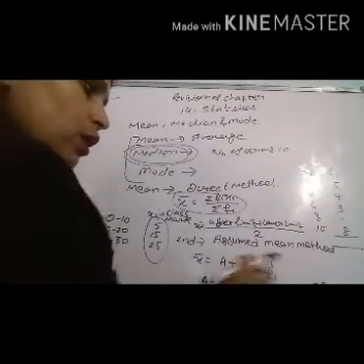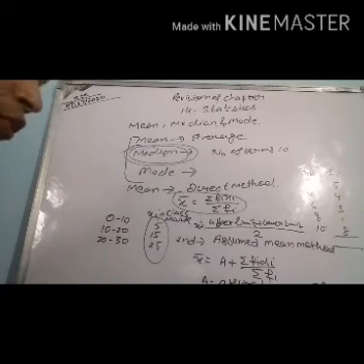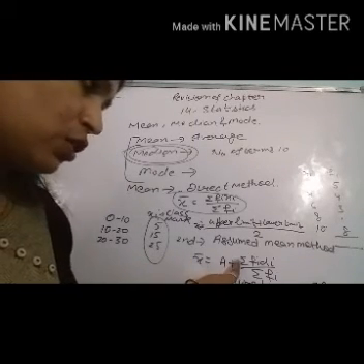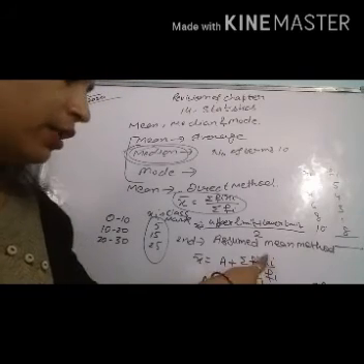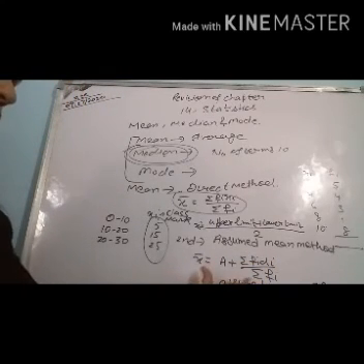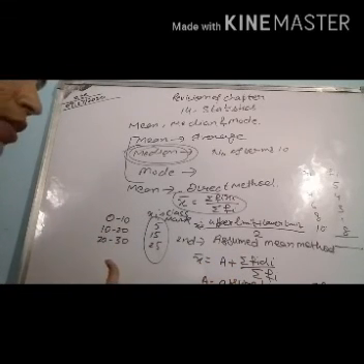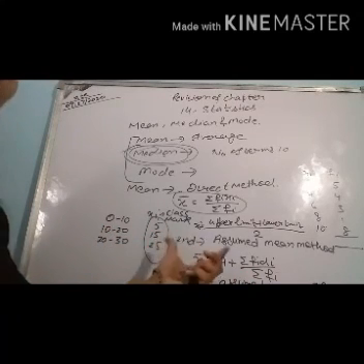So these three values we have to find out for this formula, that is mean is equal to a plus summation fi into di divided by summation fi. So this is the assumed mean method, and these two methods we have to use in our question, because in this session next method is our